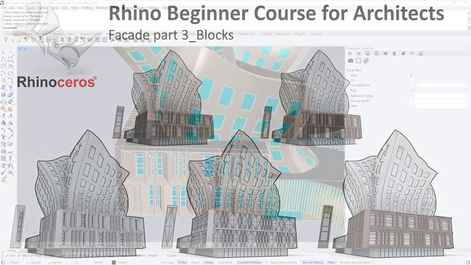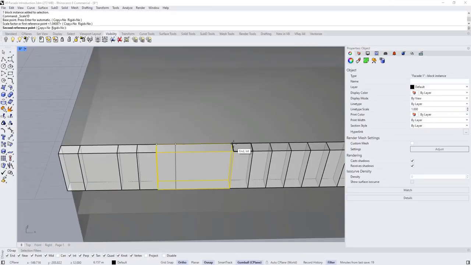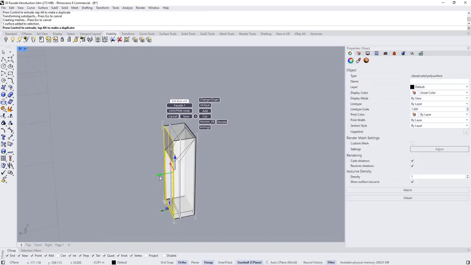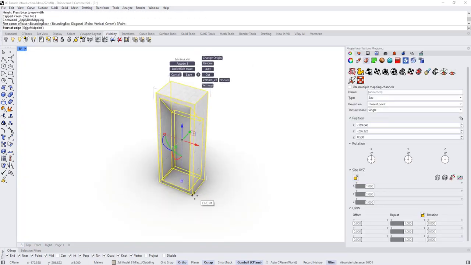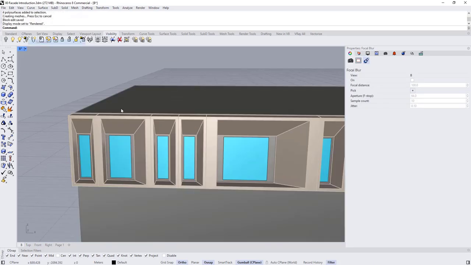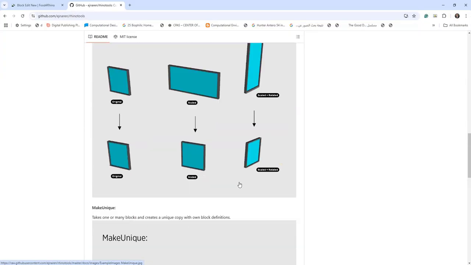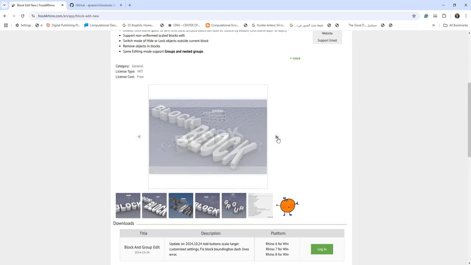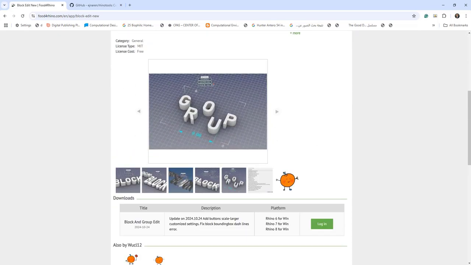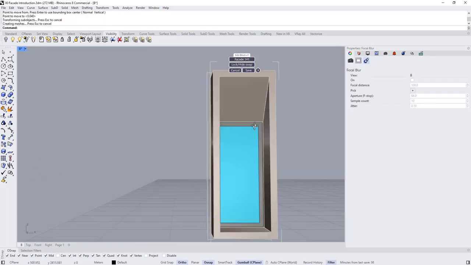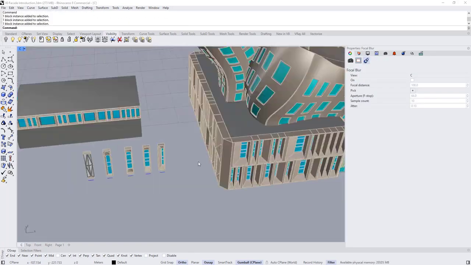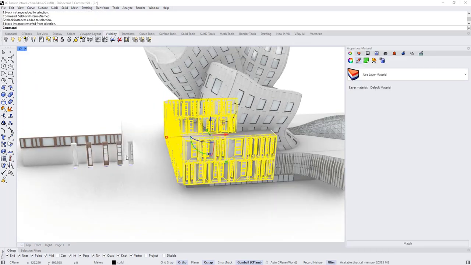Hey everyone, in this tutorial we are going to learn how to design linear facade using blocks, how to create size variation using scale in one direction. We will also learn about some very useful plugins that add a lot of important features for editing blocks. We will also learn how to create design variations and test them in no time using the power of editing